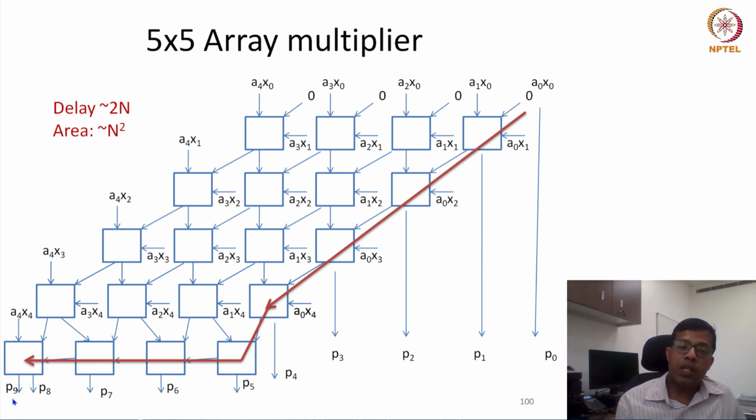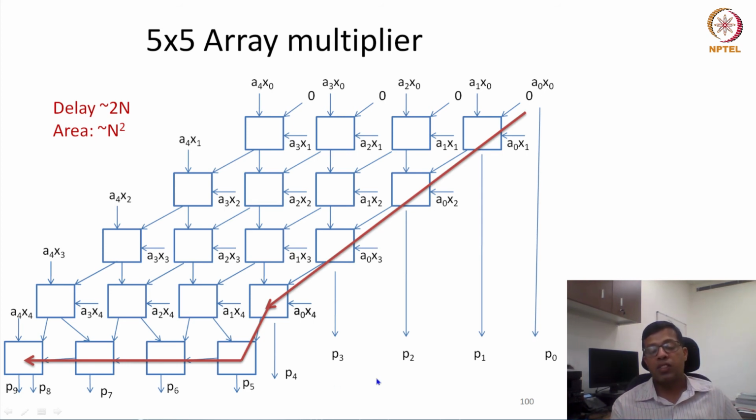Okay. And similarly, the area is also predictable. Here in my initial stage it is 4 4 4 4. So basically n minus 1 squared would be the number of adders required in adding partial products. And in the final carry propagation stage, again n minus 1 adders would be required. So the total number of adders is of the order of n squared.